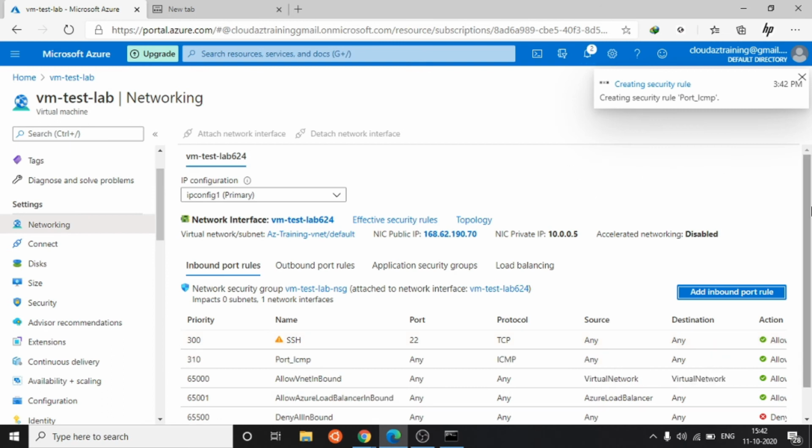Just wait for a minute, it is in process. As we can see, the security rule has been created.